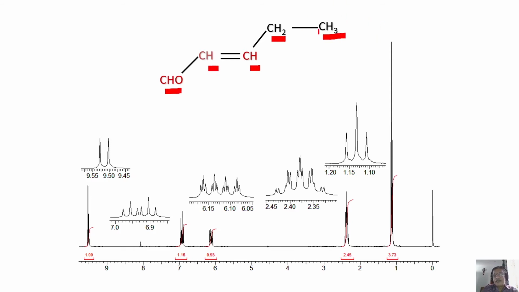This is a simple logic. This CH3, all along we have been talking. What should be this pattern? It is coupled to this CH2. So it has to be a triplet. See, this is the triplet. It is expanded here. So we know this is CH3. What other thing can you comfortably assign? And this CH2 has to be a quartet because of this. Okay.